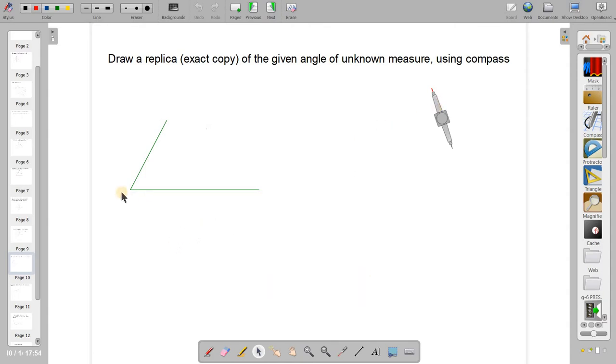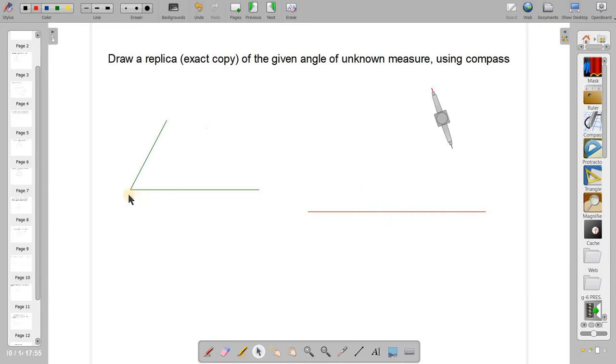This is one arm, the horizontal arm I am taking. I am making a replica of it. I will take a red color line, the thinnest line, from here to here. We are not bothered about the length of the arm because it is not taken into account here. You are making a copy of the angle only, so the lengths of the arms are immaterial. Now I have drawn one of the arms, the horizontal arm. I will have to fix the other arm so that the exact copy of the angle is made.